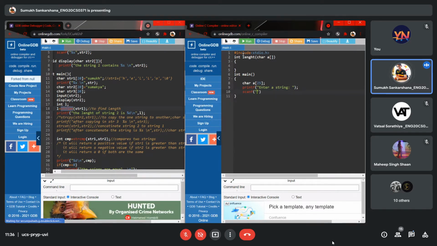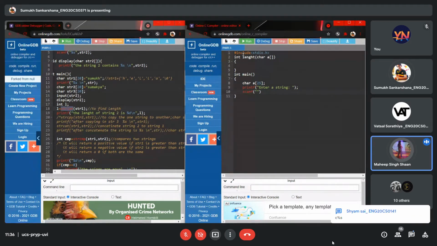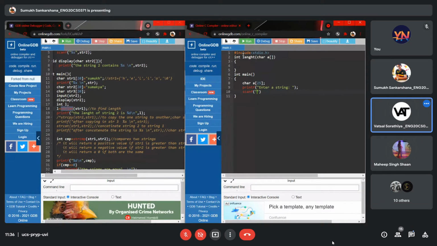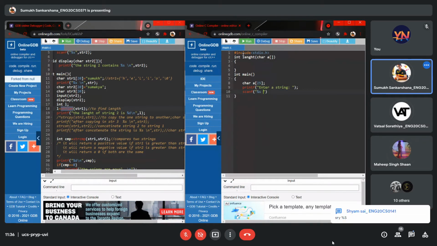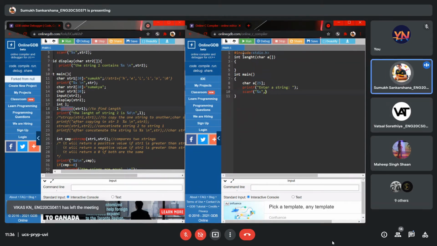Now once we know that, we can take the value. What is the format specifier for a string? Should we use character, or a float or something? Guys, just put it in the chat. Shamsai says %s. You're half right, Shamsai. It's lowercase, just remember that. And you just have to type the array name, not the whole string length.